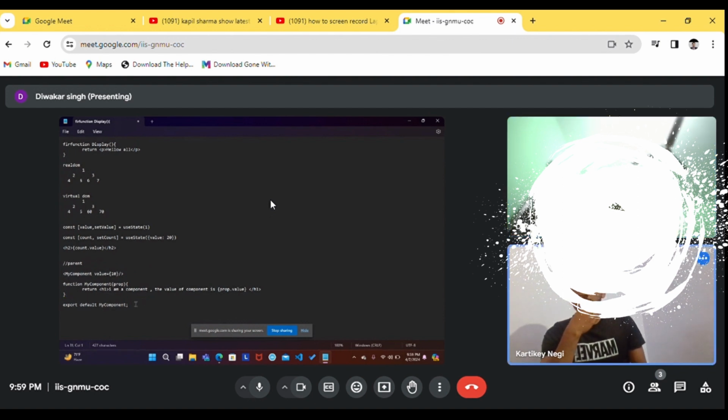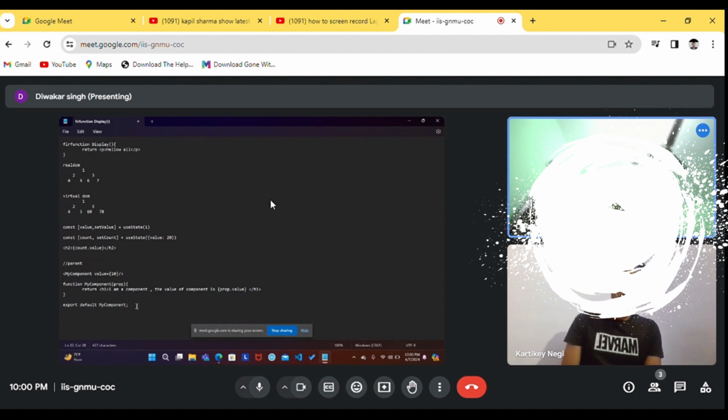Okay. Then can you state the difference between export and export default? So export and export default, right? Yeah. If I talk about export and export default, first thing, export is a named export, and export default generally is a single statement inside a file.